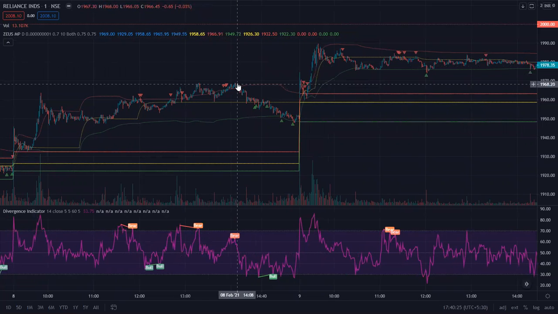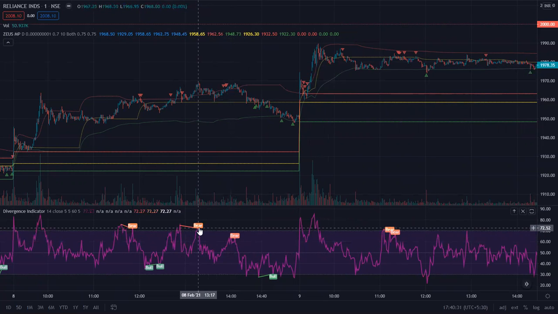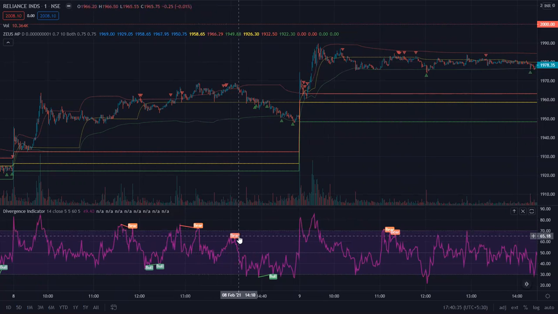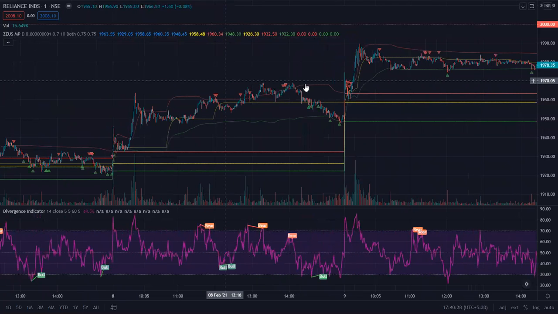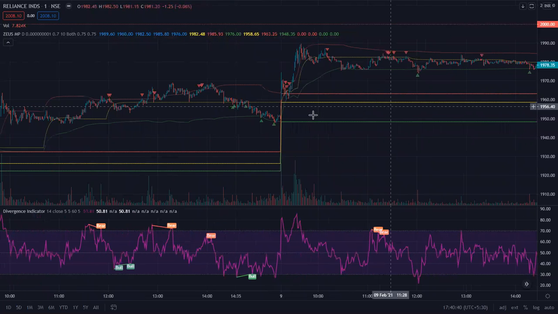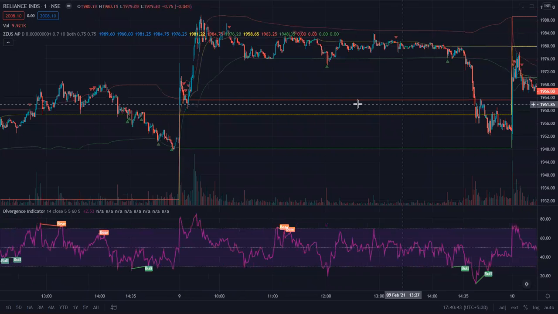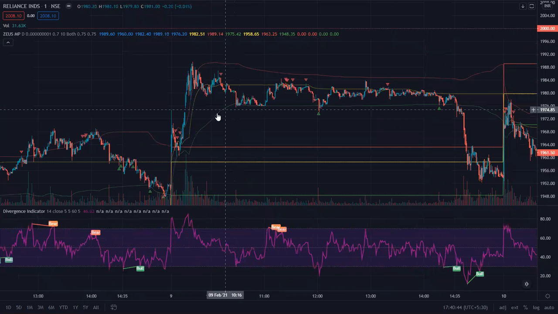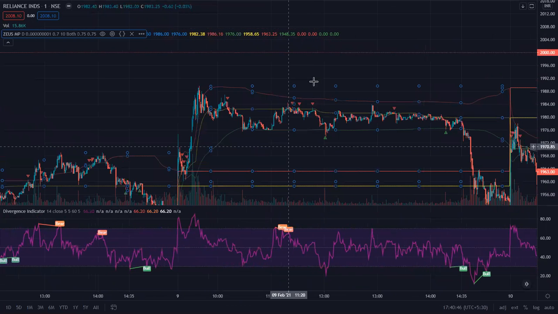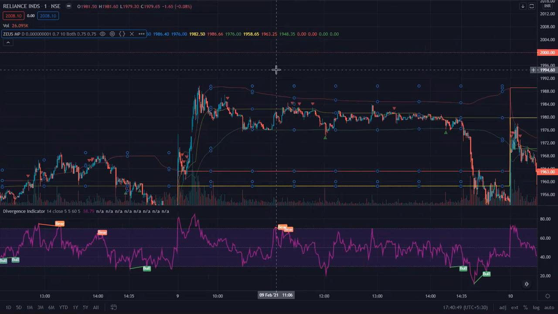And again, you can see this time the market extended itself upwards, but the divergence value between this point, this was about 72 or 73, and this was about 65. So it's a large difference for the same price, which indicates that the market is now bearish. It's not going to hold this point on whatever time frame you apply it to, and it's likely that the trades will be good. You observe here, this is the highest value of divergence in this chart at this point,